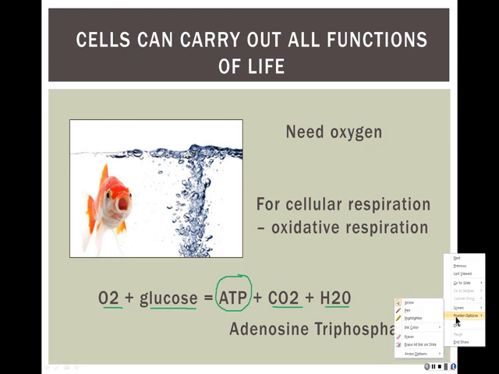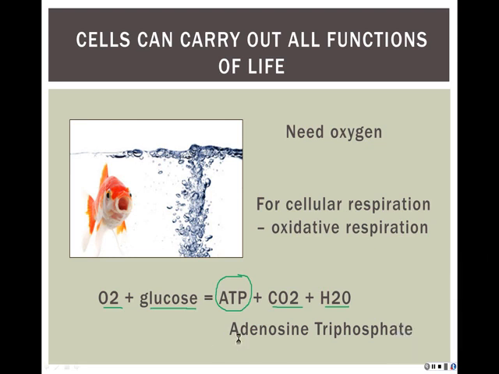A for adenosine, T for tri, and P for phosphate. And you may recognize the prefix tri, meaning 3. And again, I'm not going to make you memorize all the chemistry of what goes on here, but you will